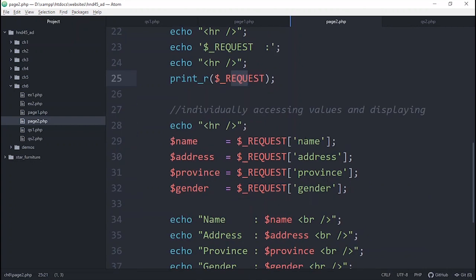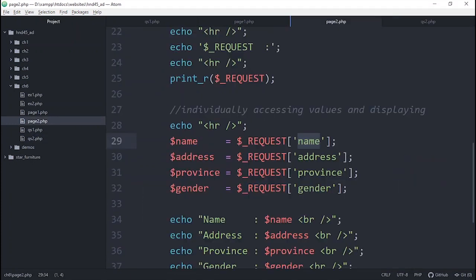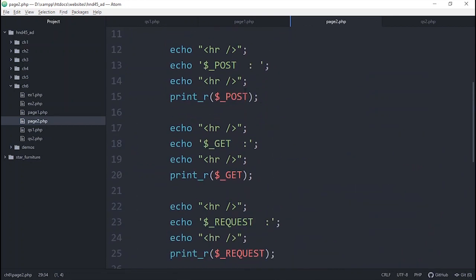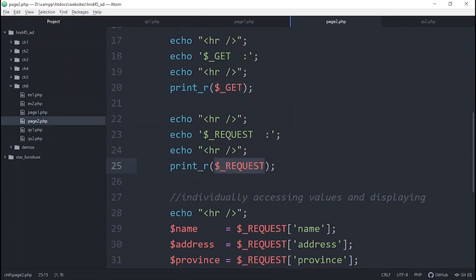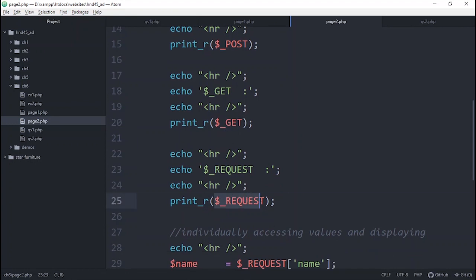So in order to use them easily, we can define our custom variables and refer to those elements in the array and store them, so we can easily use them in our programs. Then we learnt about one more thing. Whether you use the get method or post method, regardless of the method, information will be copied to the associative array request. In all the exercises that we did, we did not particularly use the get or post built-in arrays. We were using this request array.